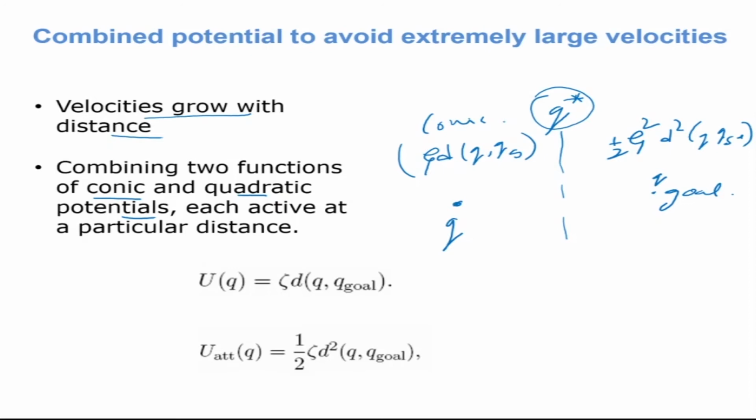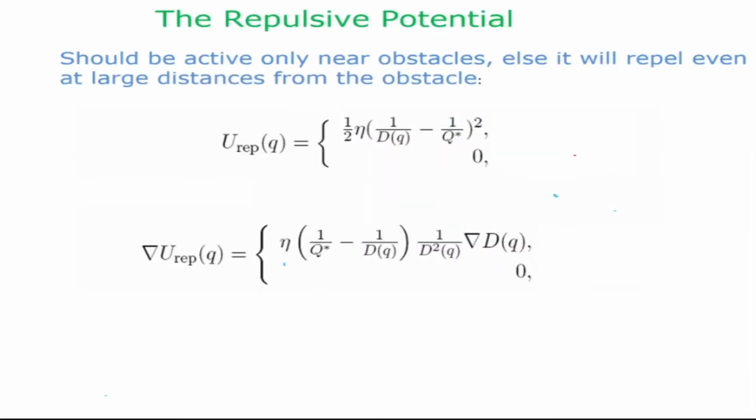So there will be a switch here at q star, and we can define this function. What you can see here is that there is a constant which you have to define. Second, you can define this distance q when you want the switch over to take place. So much about the attractive potential, where we can have two potentials and they can be active at a particular distance. Now the repulsive potential,